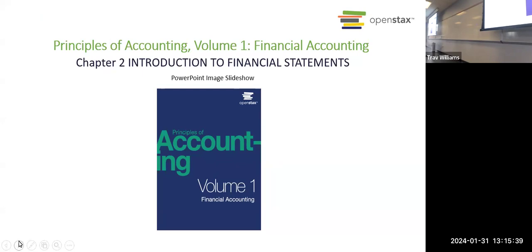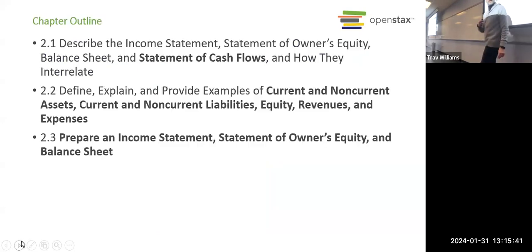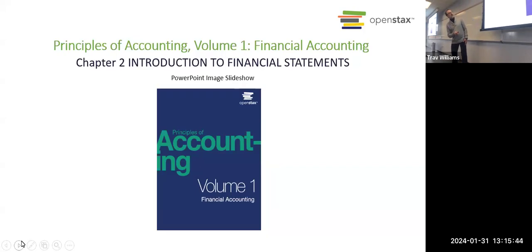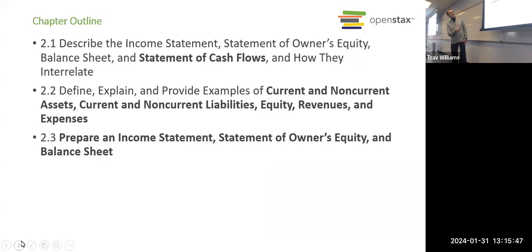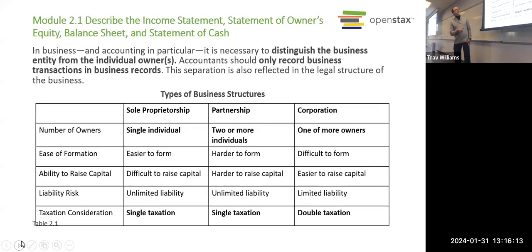Okay, so here's our quick review, and then we will continue on. We are learning this week about financial statements, including the statement of cash flows, income statement, statement of owner's equity, which is sometimes called the statement of stockholders' equity if you're dealing with a corporation, and the balance sheet. We learned the difference between current and non-current information and how that applies to assets and to liabilities. And we looked at some other types of accounts as well. So let's see quickly what we've already talked about.